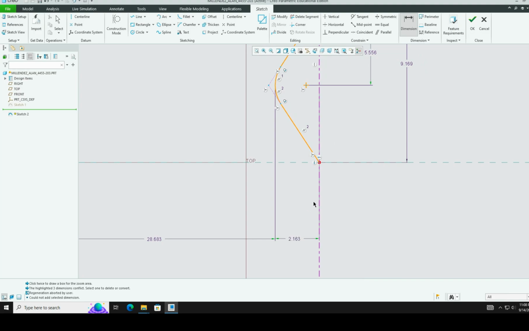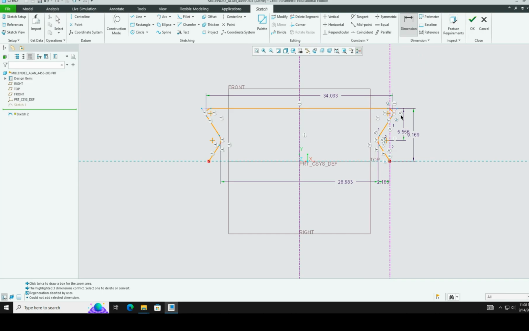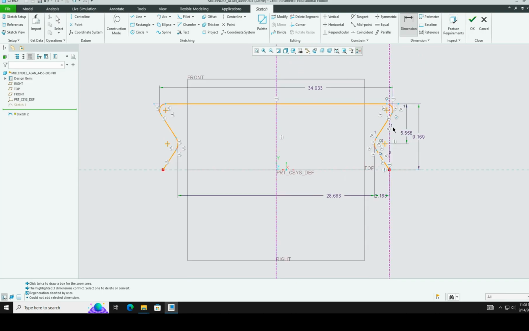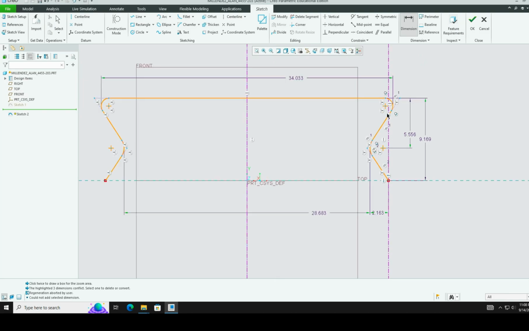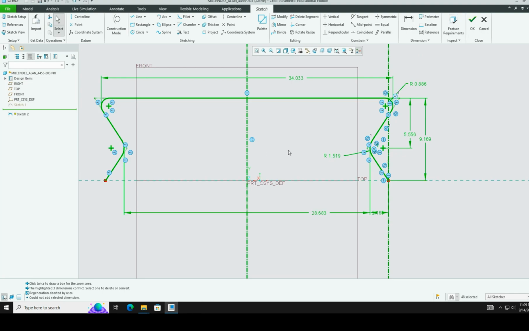So these dimensions now, I can change them. But I also need to put in the dimension for the curves. So let's put dimension, select the arc, and then point somewhere here. Okay, press enter. Dimension, point to the arc, and click somewhere here, middle click, press enter. And then I can select all of these, and then I can enter the dimension